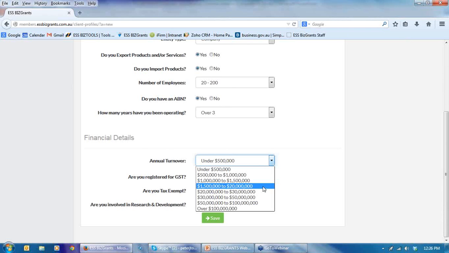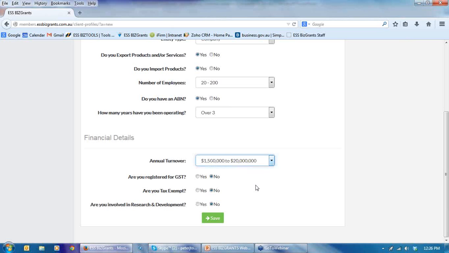The turnover bands that we have comply with the various government grants that we're trying to cover in this product. So we're going to click on $1.5 million to $20 million because that's where it relates.